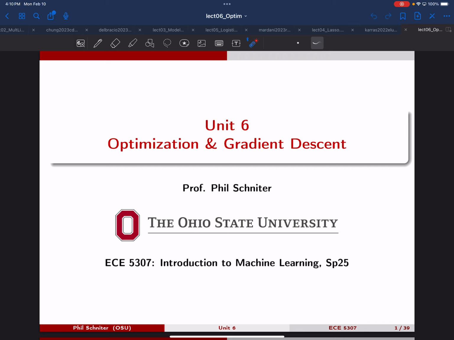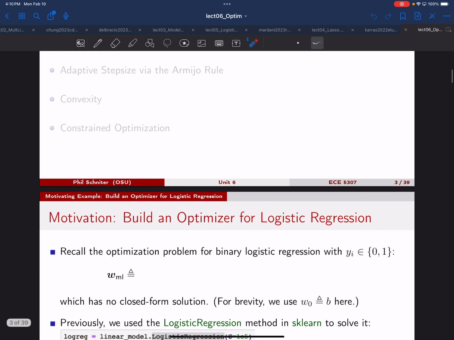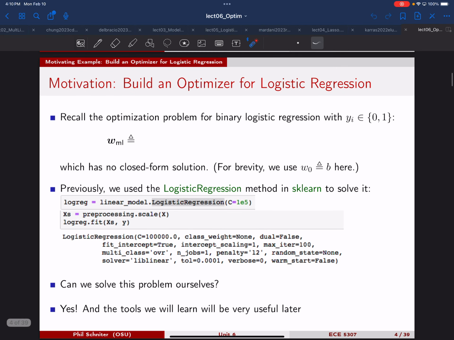So we're going to start a new unit today on optimization, focusing on gradient descent type methods. So let's talk about our motivation. We saw in the last unit that in order to do logistic regression, we had to solve a challenging optimization problem, one that we could not solve in closed form with equations. And just to remind ourselves what it was, we wanted to find